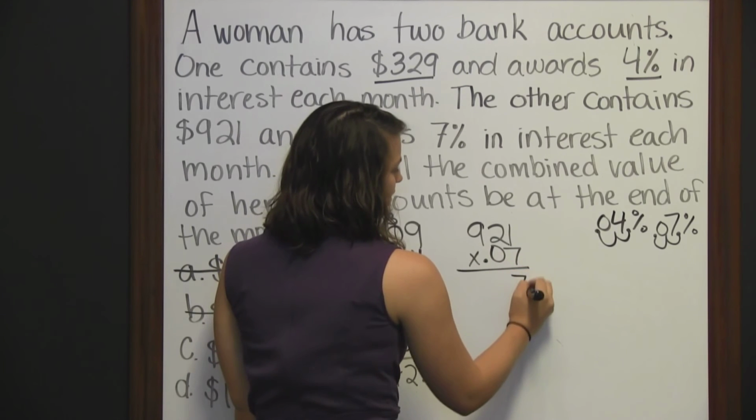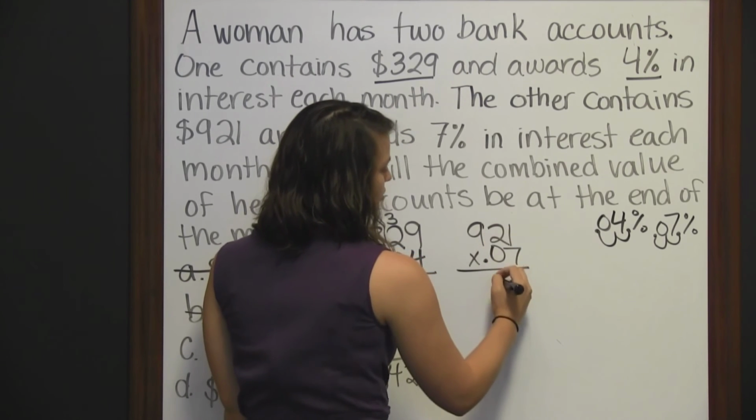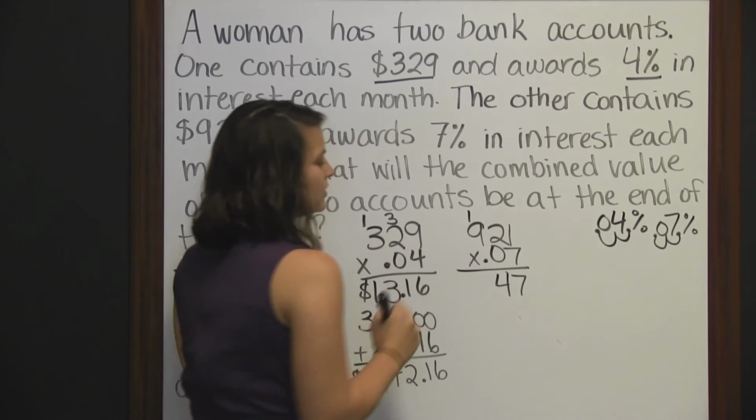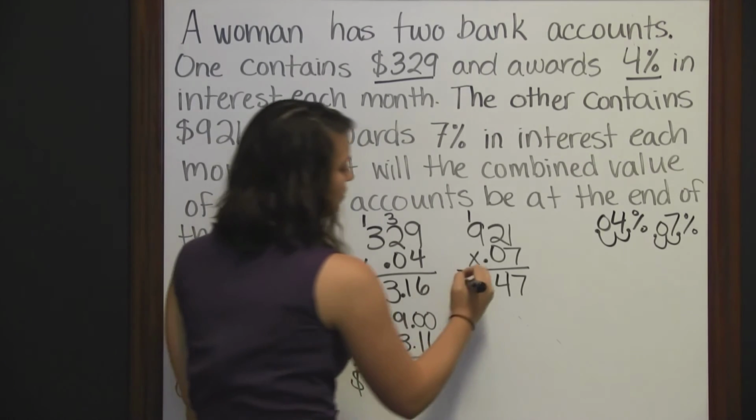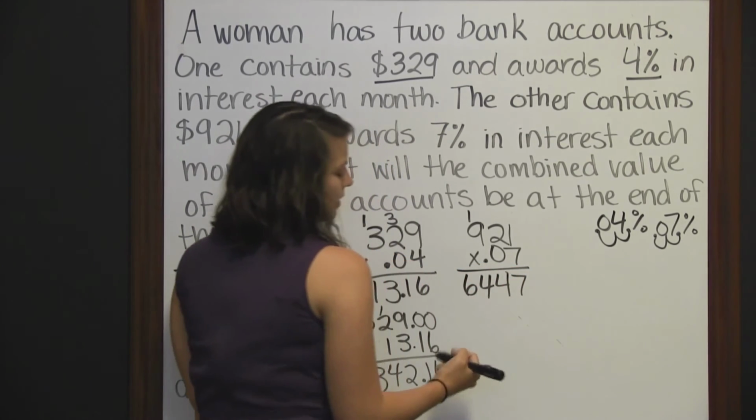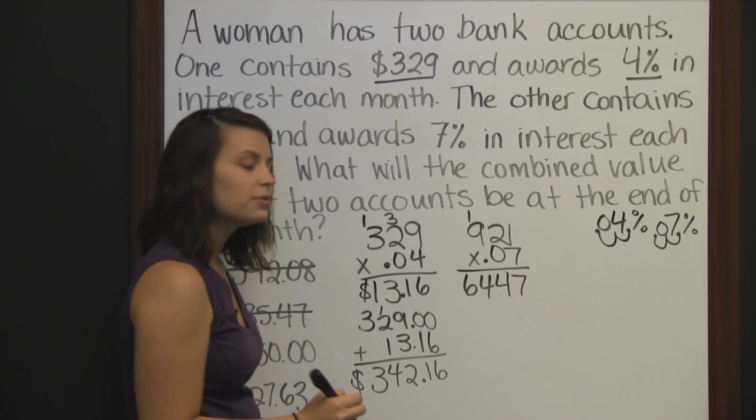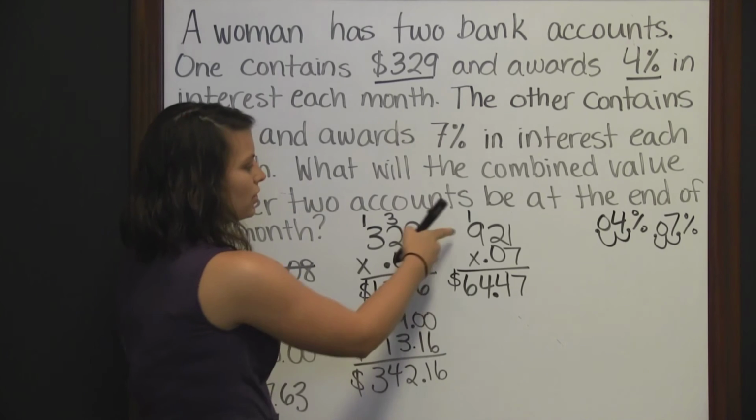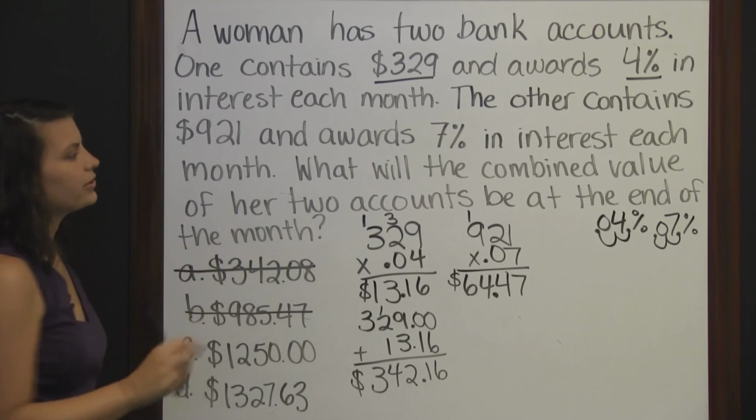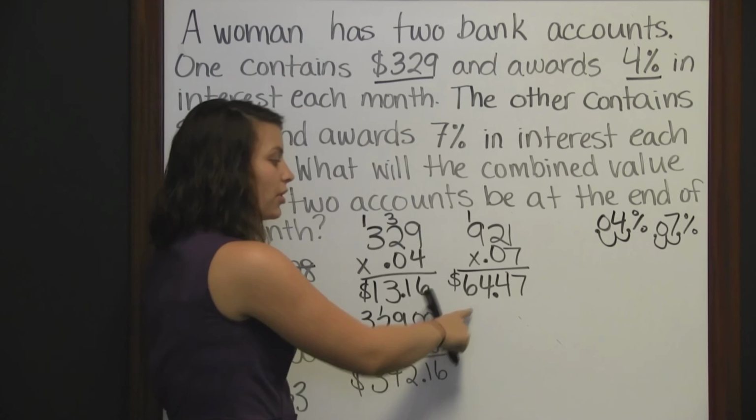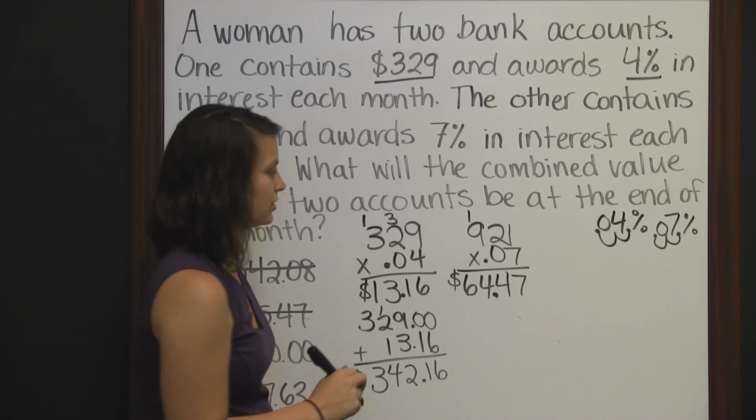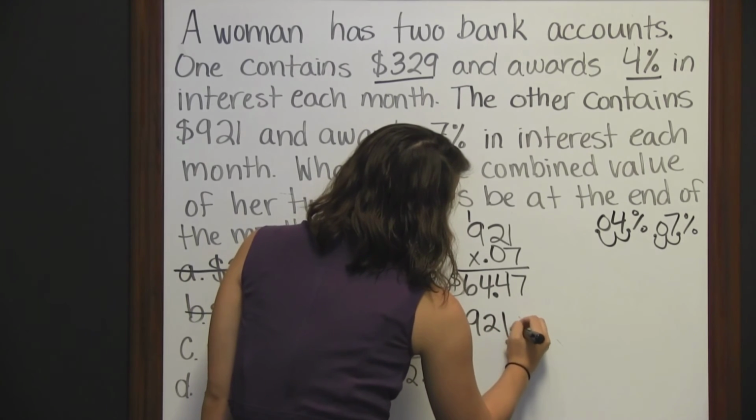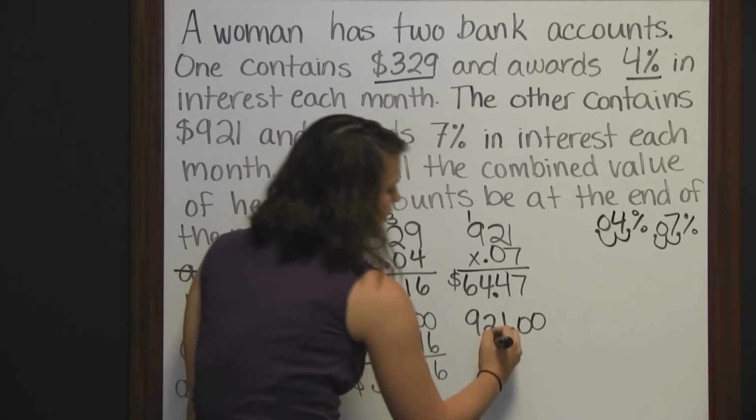7 times 1 is 7. 7 times 2 is 14, write the 4, carry the 1. 7 times 9 is 63, plus 1 is 64. And since there are 2 numbers behind the decimal place, we need to have 2 numbers behind our decimal place. So this account with $921 in it earned $64.47 in interest. So altogether, when we add 921, again, we can put that decimal at the zeros, and then the